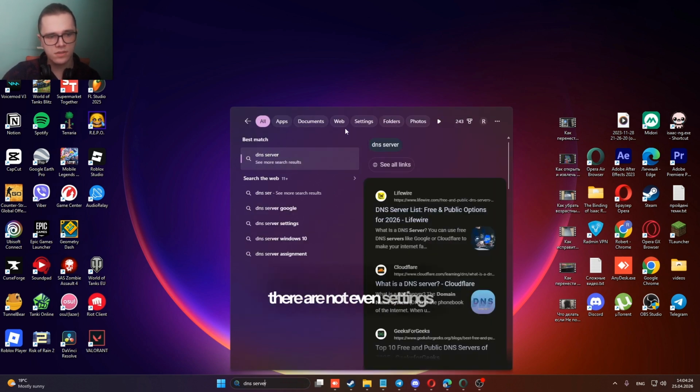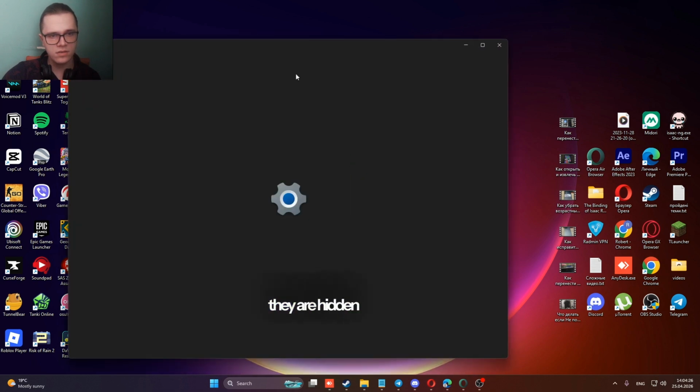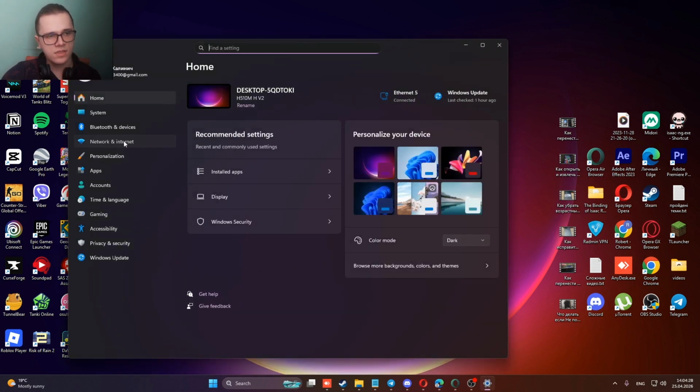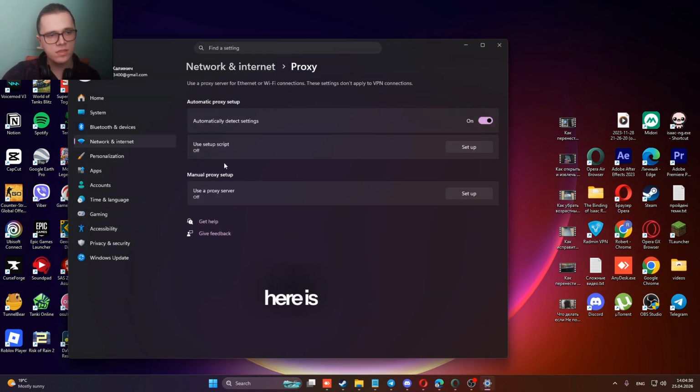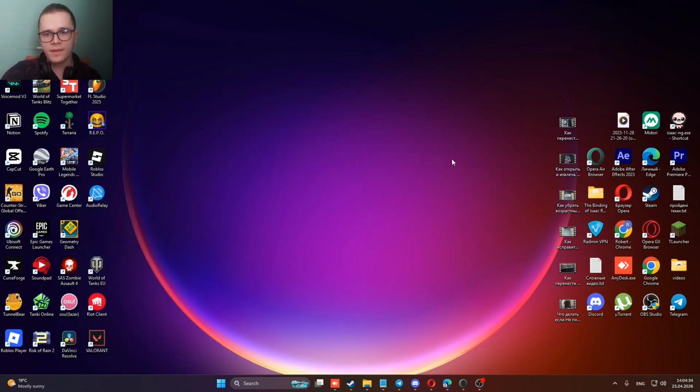Here, there are not even settings for DNS. They are hidden somewhere in the network settings. But if you have a proxy here, accordingly disable the proxy. If this does not help, and you are sure that your site should work, the only thing left